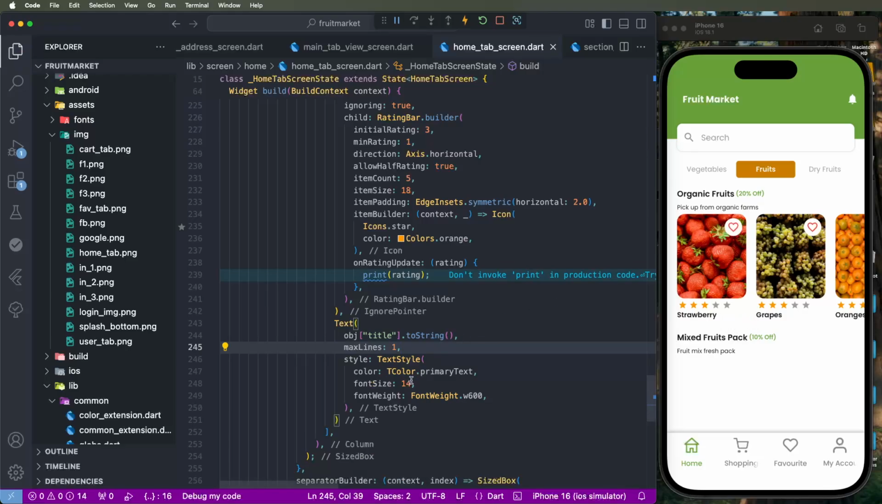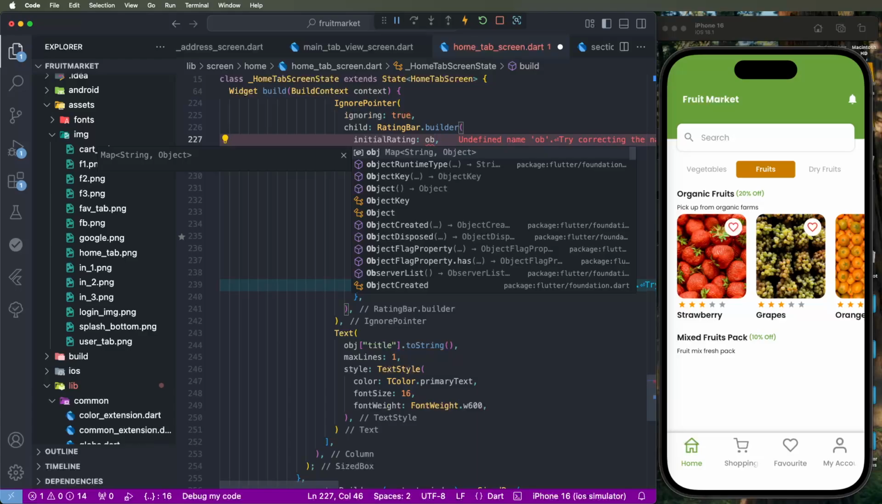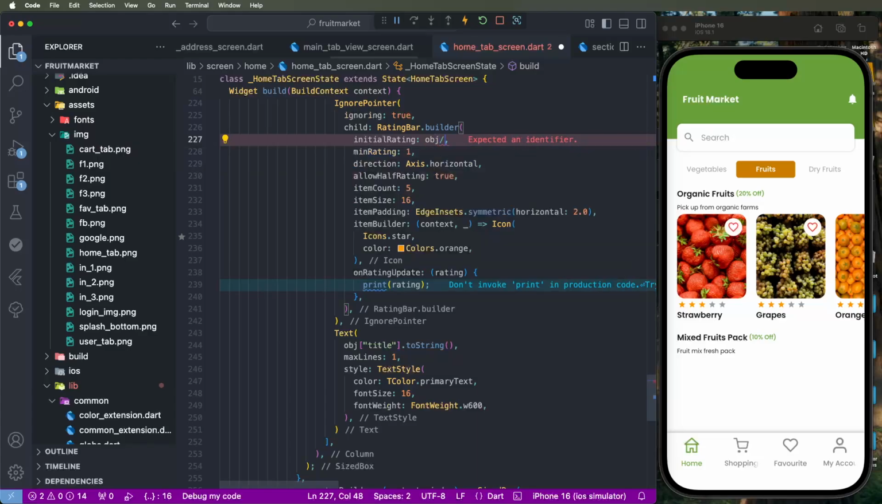For the strawberry we need to increase this to 16, so we need to add the big size, and set here the 16 and show similar to the designs. We need to make the UI like this. Now in charts we need to set this value object, and we need to get the rating